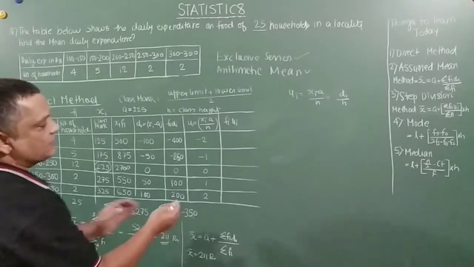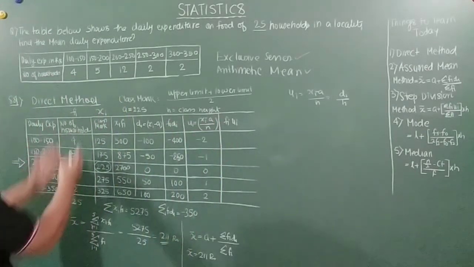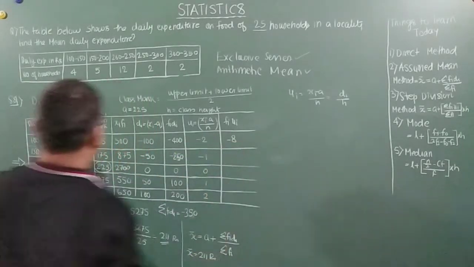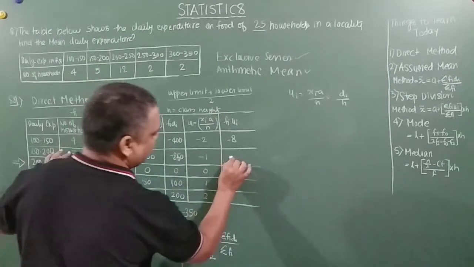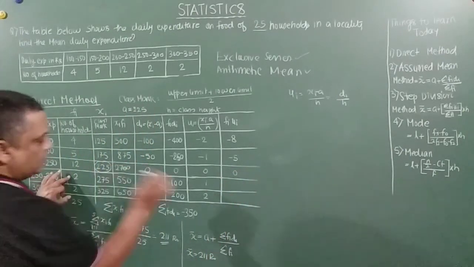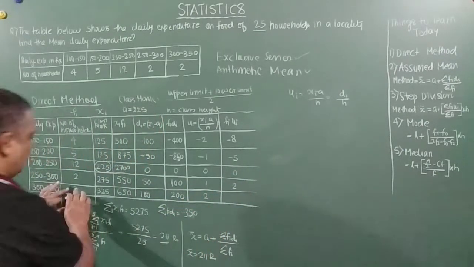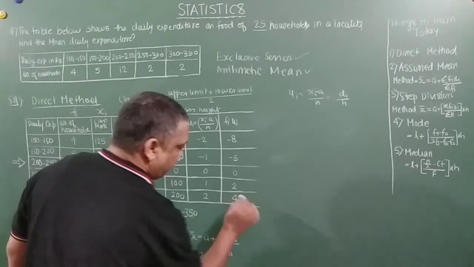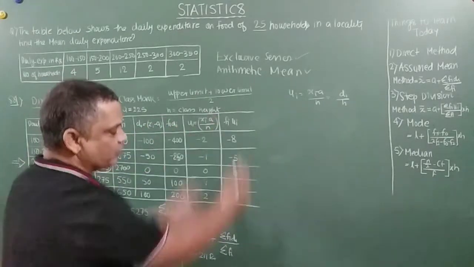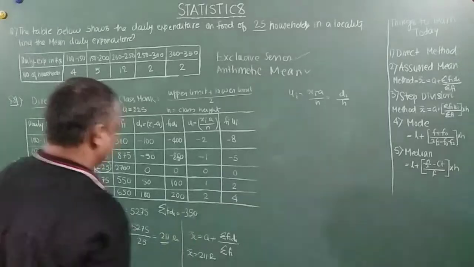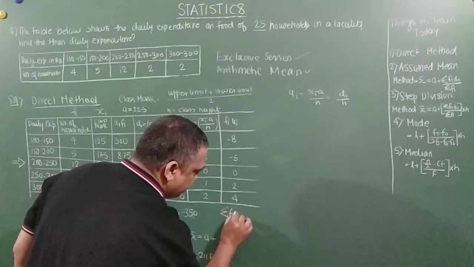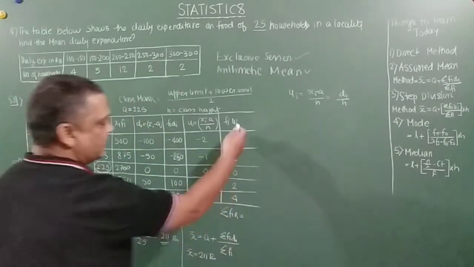Okay. So what we will do is that we will multiply these values with the frequency here. Right? So 4 into minus 2 is nothing but minus 8. 5 into minus 1 is nothing but minus 5. 12 into 0 is 0 only. 2 into 1 is 2 only. 2 into 2 is 4 only. Friends, are you able to observe how the bigger values are getting reduced to smaller values now? Okay, using different methods, right? So I will find out sigma of fiui, that is basically I'll add it up.